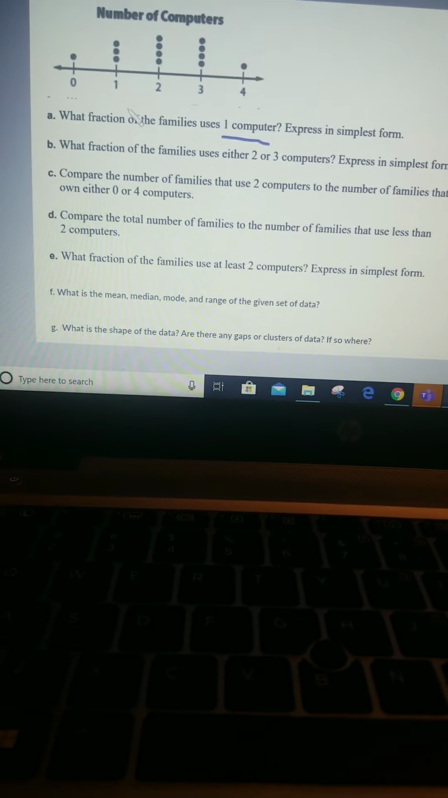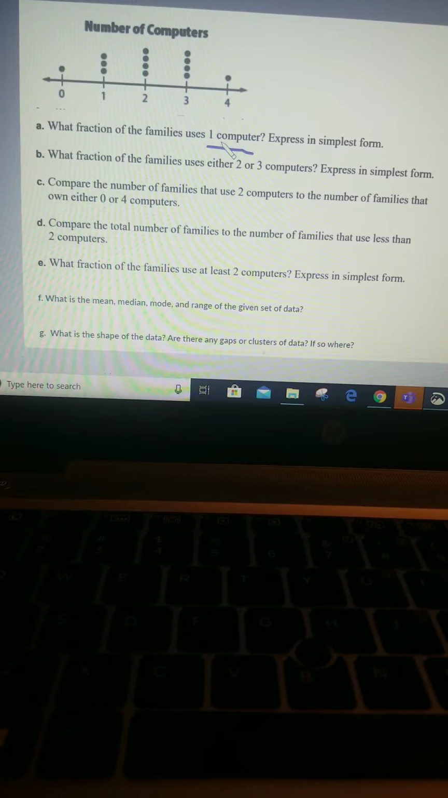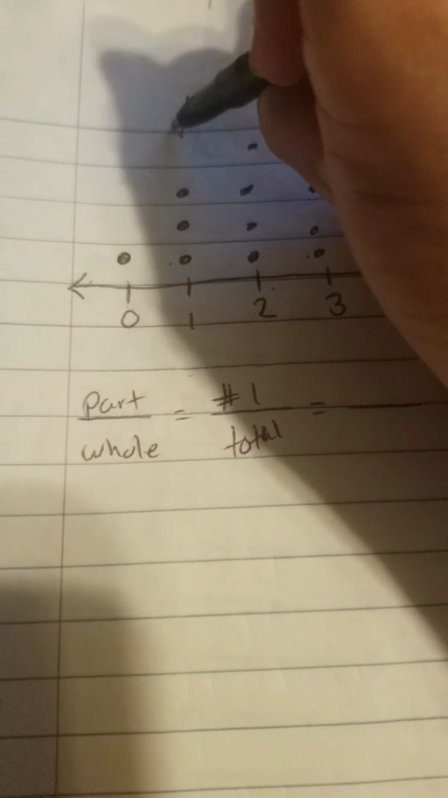write on. It says, what fraction of the students use 1 computer? So we know that all fractions are a part out of a whole. And the part that we're looking at is the number of 1 computers out of a total number of families that were surveyed. So if I look at just the ones, that's this column right here, there are 3 families